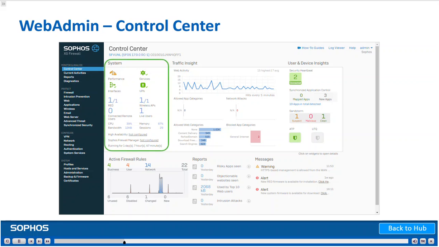As we can see in this example, there is a system view that shows us a number of quick status icons for the XG related to performance, services, interfaces, and VPN status, as well as showing real-time information for CPU, memory, bandwidth, and the number of sessions being handled by the device. Each of these items can be clicked on to bring up a card with more detailed information without having to